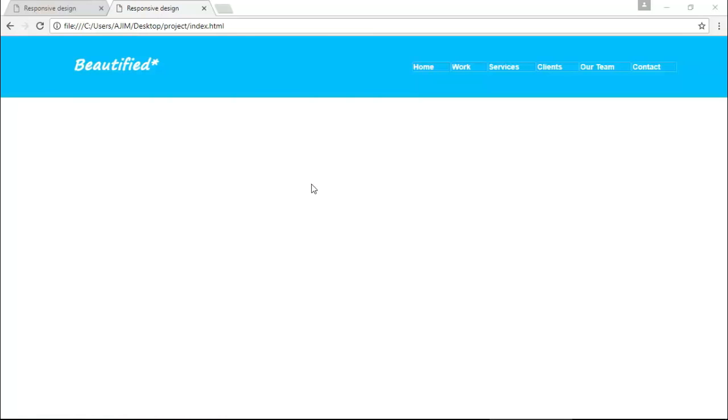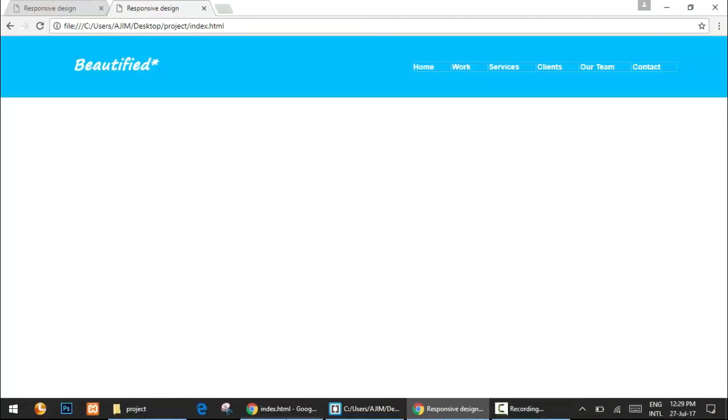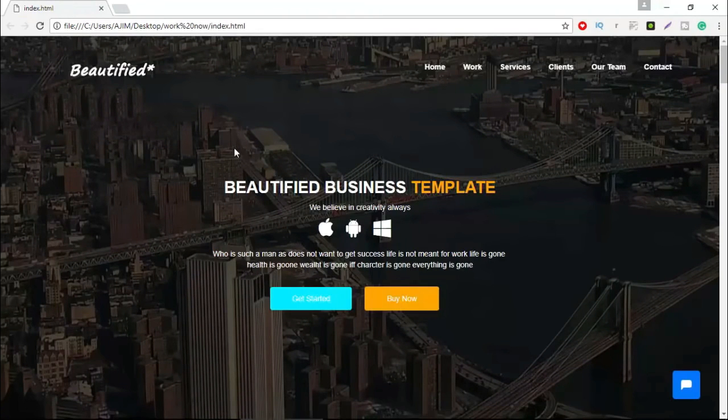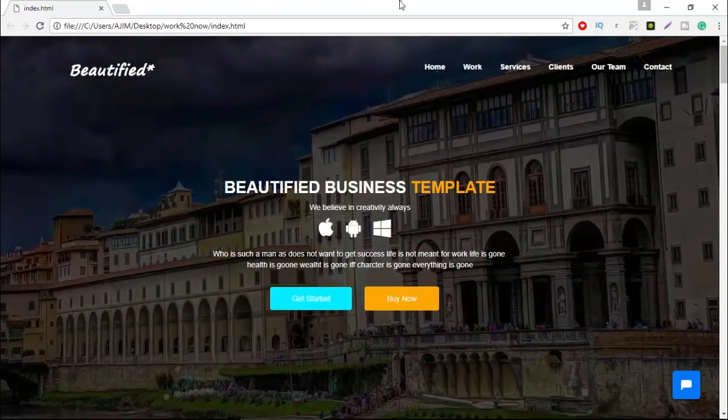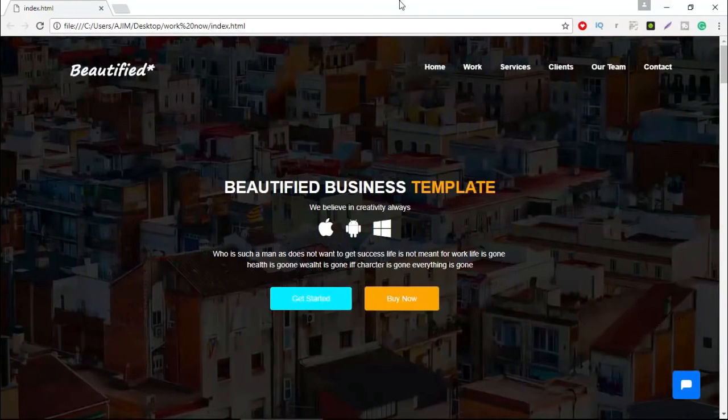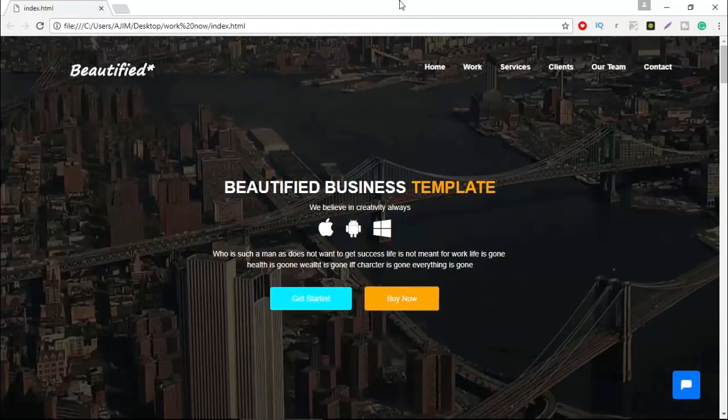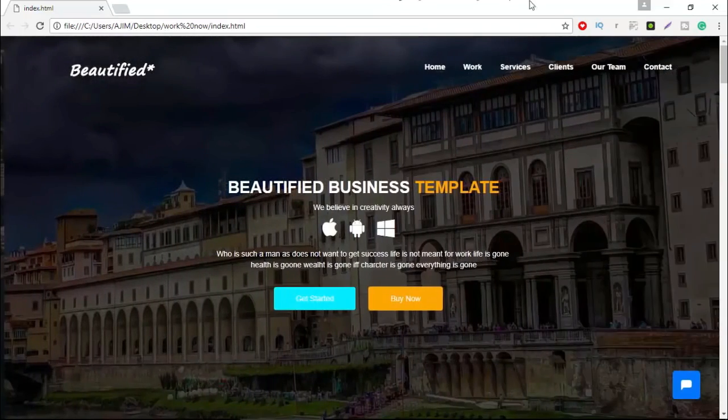Now, in this lecture, I'll be creating a slider. Okay, firstly, take a look at what we are going to do in this class. So, I am coming here and just showing you. You can see this is a slider, and I'll be creating something like this just by using HTML5, CSS3 and a jQuery plugin. Okay, so you can see how beautifully it's sliding, isn't it? Now let's do the work.